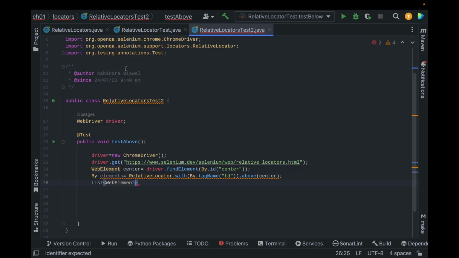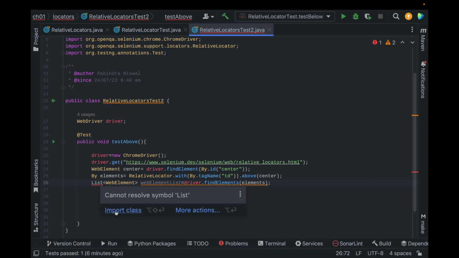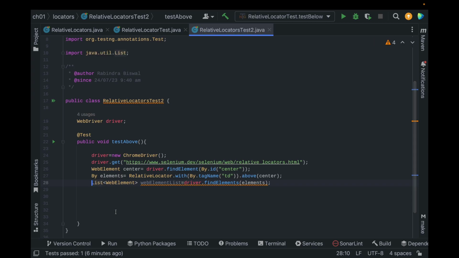List of web element. List web element list is equal to driver dot find elements, and I am passing this elements here. So this will give me a list of web elements,